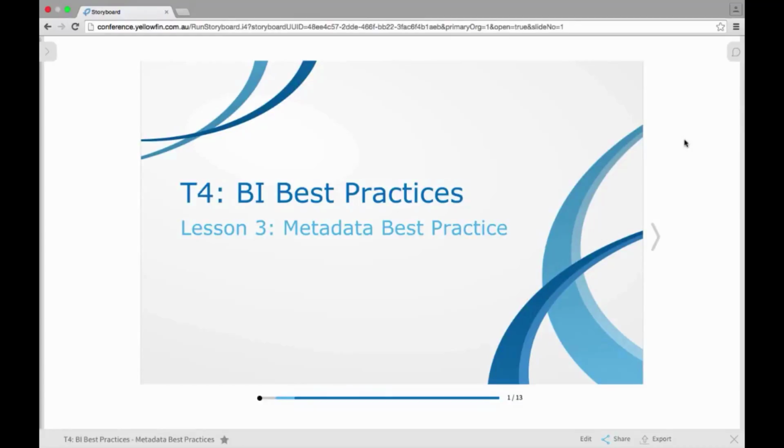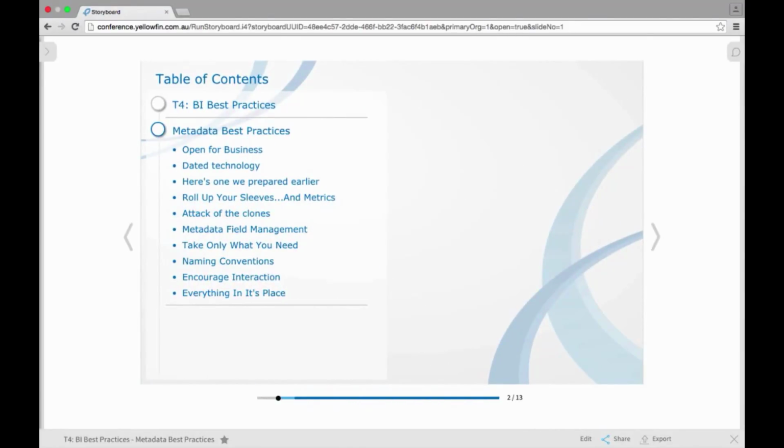Our lesson today is lesson 3, which will be focusing on metadata or view best practice within Yellowfin. In this session today, we're going to be looking at a number of our best practice tips and suggestions. Looking at how you can structure items within your metadata level, how to manage things like formatting, arrangements, aggregations, how to edit and some of the edit methods for your view creation, and also just some of the general best tips for how to make those metadata or views as effective as possible when you're looking to create your reports